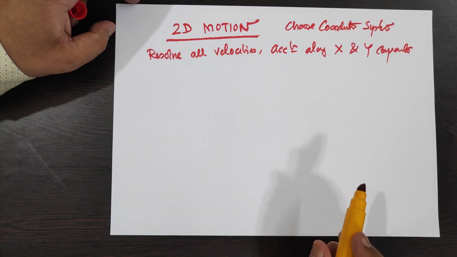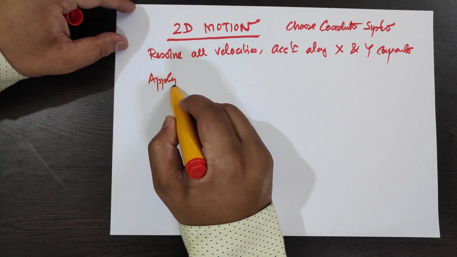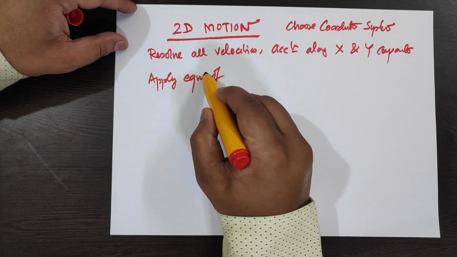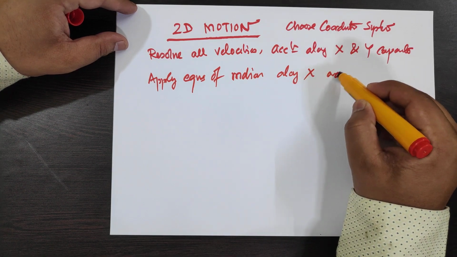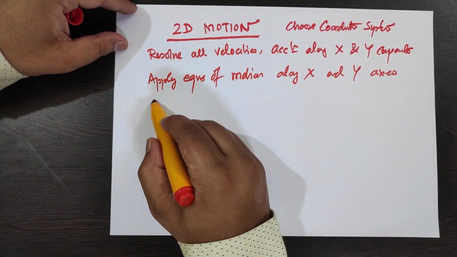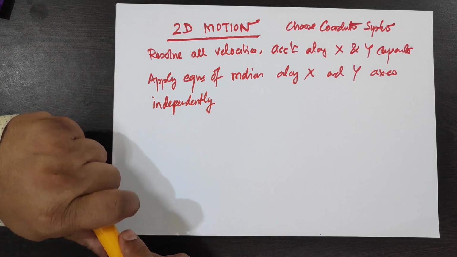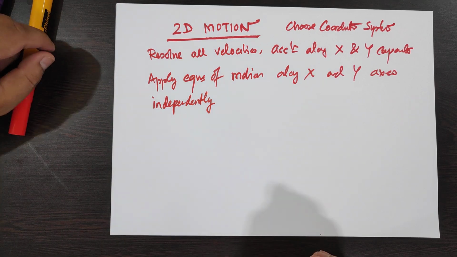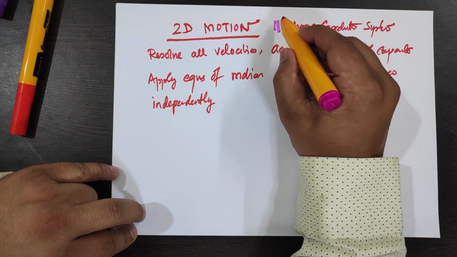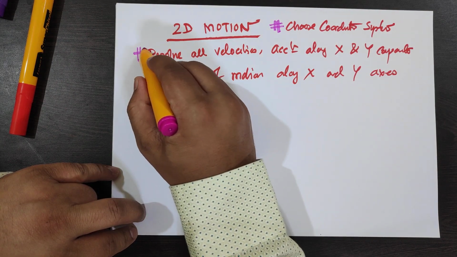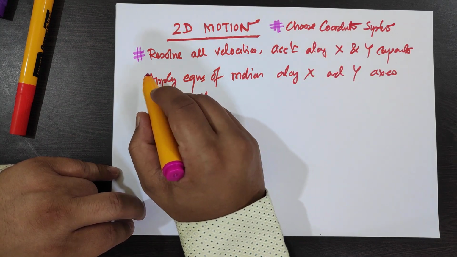Then resolve all velocities and accelerations along the x and y components. The next job is to apply the equations of motion along the x and y axes independently. That is, the acceleration in the x axis won't affect the motion in the y axis and vice versa. So first choose the coordinate axes, resolve all the velocities and accelerations along the x and y axes,